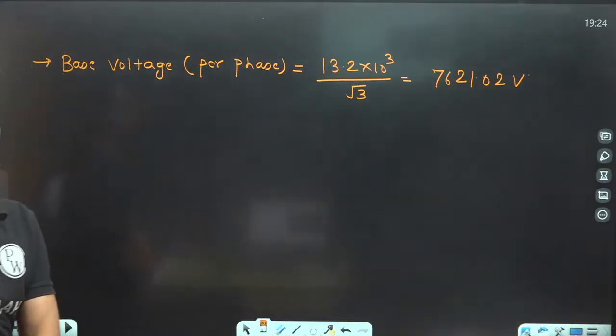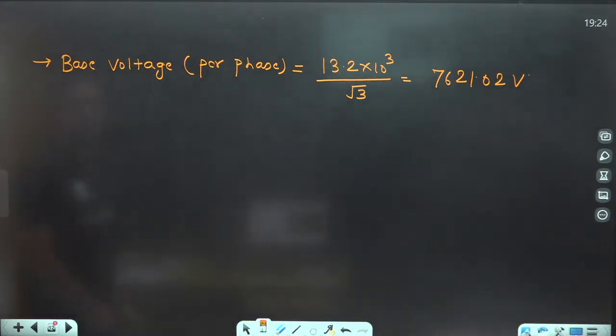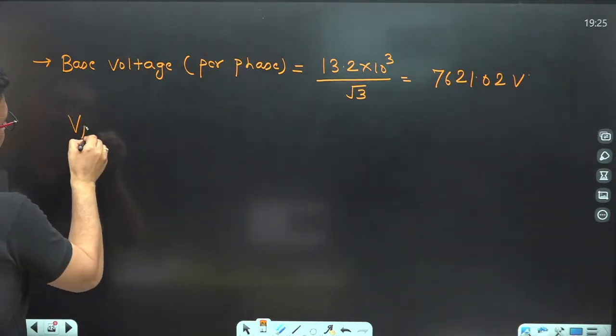Clear? 7621.02 volt. Now to get the actual VAB,